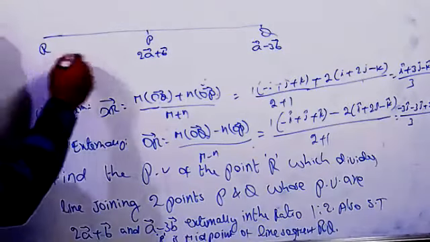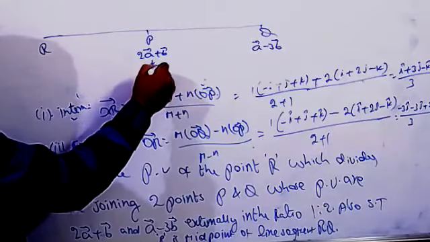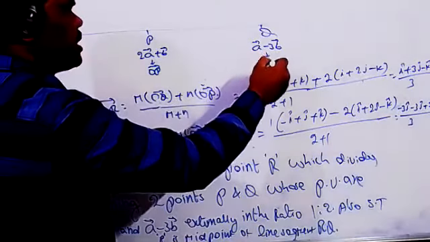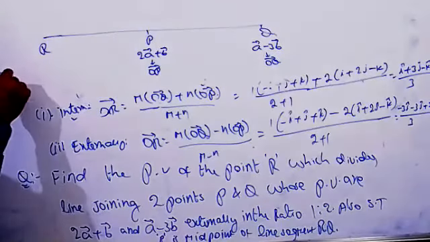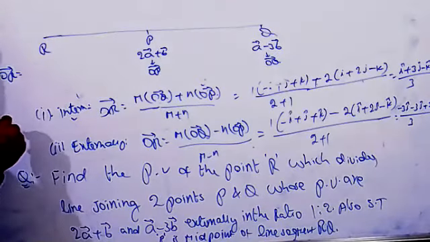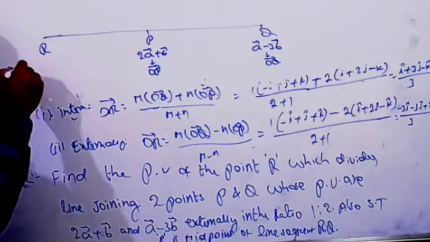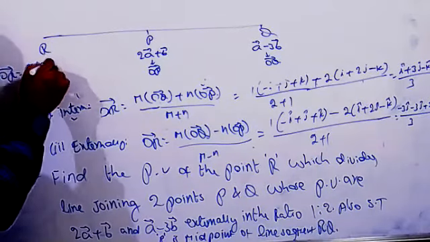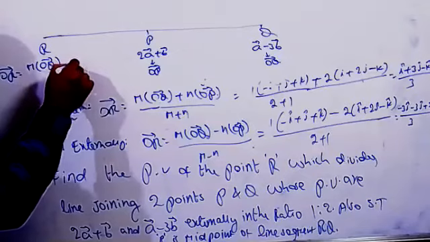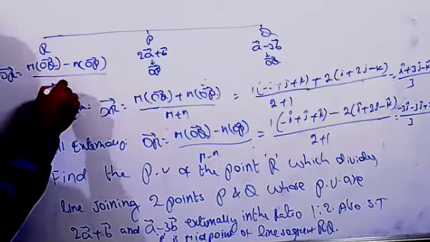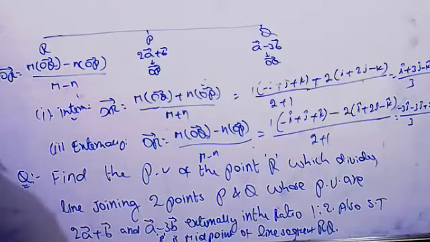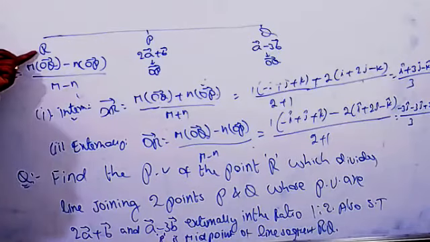So first we need to find this. You can directly take here OP, and this is OQ. So we have to find OR vector. Externally, you can write M into OQ bar minus N into OP vector, whole by M minus N. This formula I can apply, and we will get the point R externally.